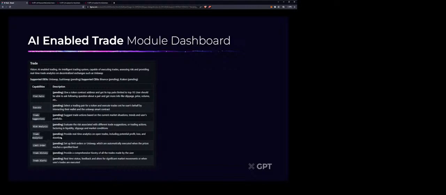One other thing which we will be doing is using your wallet. We will be storing all the chat history decentralized on the blockchain so that only the user can access it, and that's optional. If the user decides not to store anything, they don't need to. Also, trade alerts, limit orders, everything. So these are just a few of the capabilities which we want to build with the AI-enabled trade module in the next 2 to 3 months. But again, once we get through this list, there will be more. We just want to build this into a massive crypto platform.